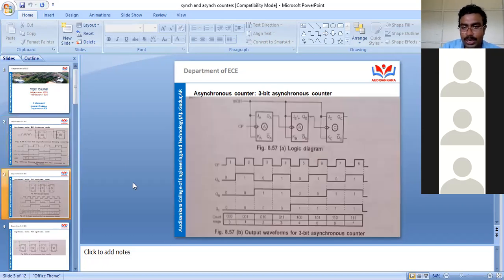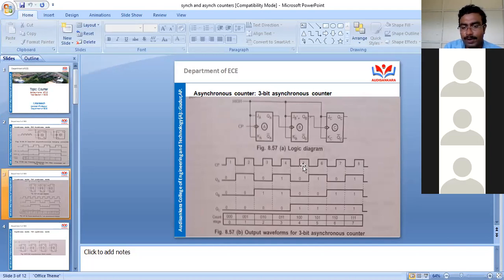Look here, I will show you that circuit also. The same circuit, students, no changes. The first is given the clock pulse. The output of the first is given as clock for the second. The output of the second is given as clock for the third one. In all the flip-flops, JA KA, JB KB, and JC KC are given a single input, high. That means the 3 flip-flops A, B, C are always kept at toggle state only. Since I have 3-bit information, I will have a total of 8 states.